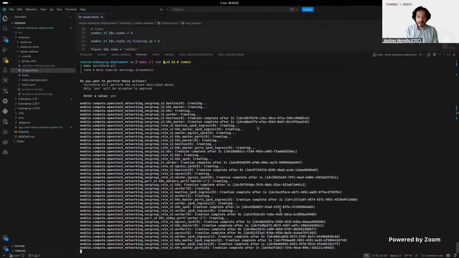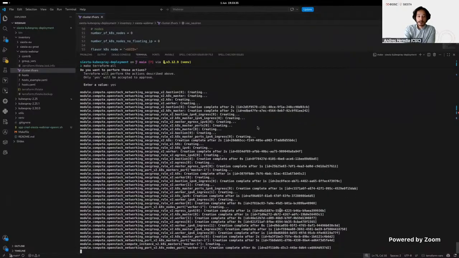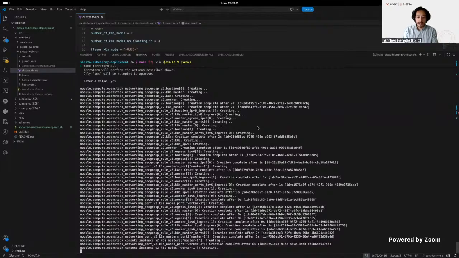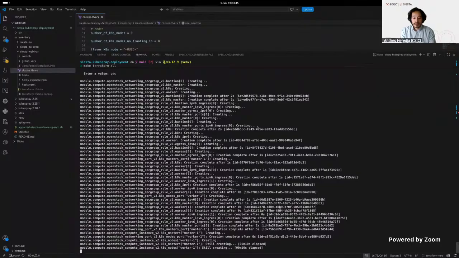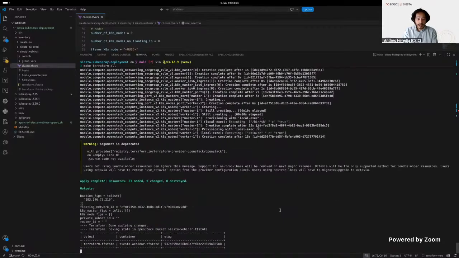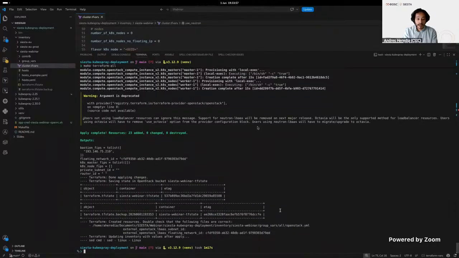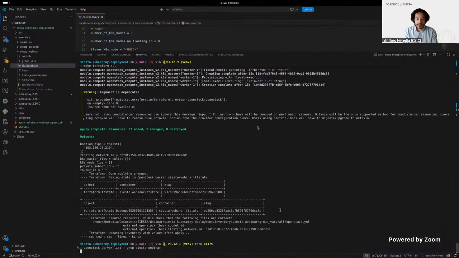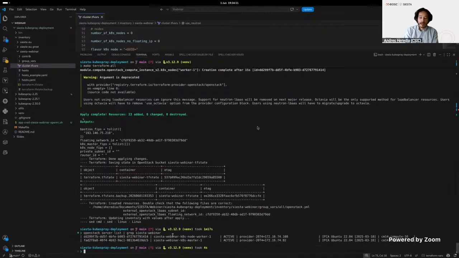This is not sped up, by the way. It takes little time, and it's creating directly inside OpenStack all the needed resources for the Kubernetes cluster that we will configure afterwards. This is still creating and will take a couple of seconds more, but once it finishes, we will see that we have 23 resources added. And we can double check again using the OpenStack CLI that we do have indeed these servers created. So let's run again this command, openstack server list, and we see that we have both our nodes created that we just defined in the